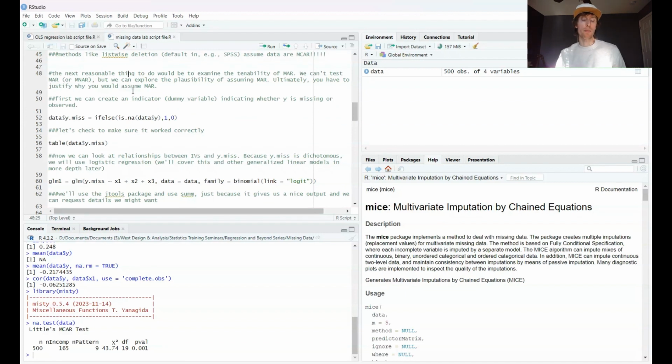So if we can't assume that our data are MCAR, and I just talked about why we shouldn't use listwise deletion, the next thing we can do is explore the plausibility of assuming missing at random. Now, it's not the only type of scenario of MAR data, but one common and honestly more ideal situation is when we have some variable that we have observed that is related to missingness on our dependent variable. Or as I mentioned, there's a reason behind that missing data, and maybe we have measured something that